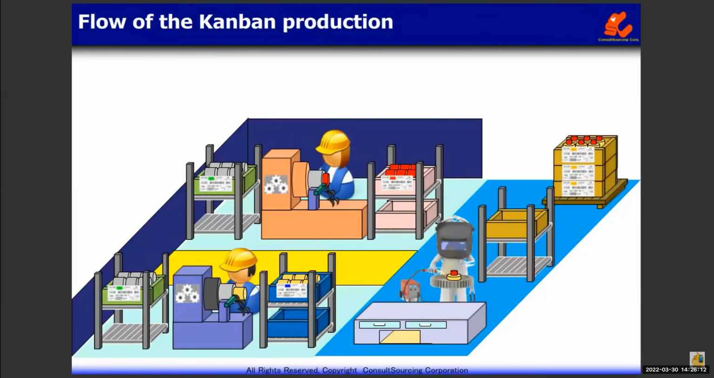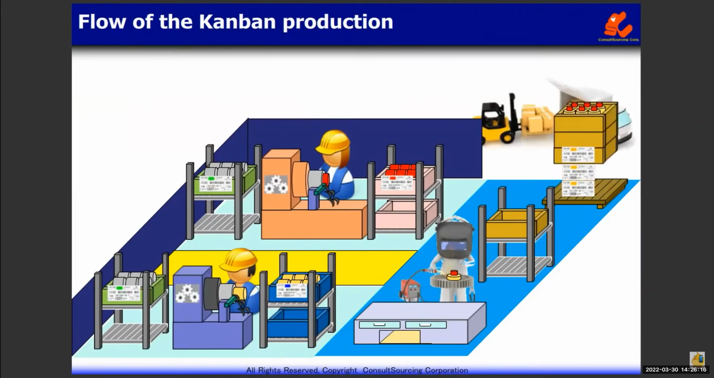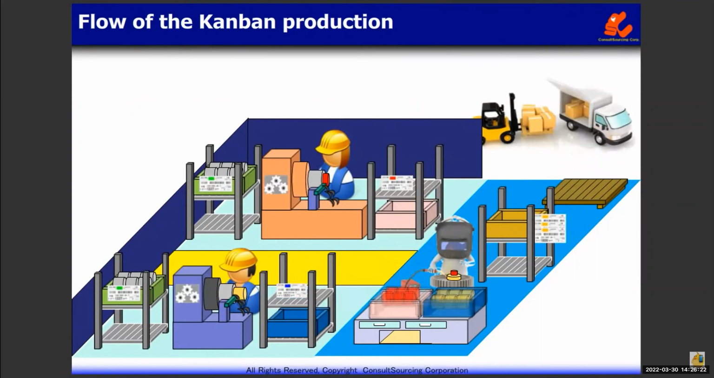Now, let's find out the flow of the Kanban production, so let's fill out that box. Products are shipped based on orders that have been received. The Kanban of those products that have been shipped are handed down to the previous process, and the process continues, right? So in the welding and assembly line,